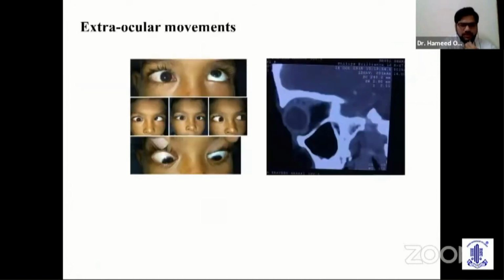Extraocular movements, very, very important. So, for example, in this case, you can see there's cysticercosis of the superior rectus LPS complex leading to limitation of elevation. Extraocular movement will be restricted even in case of thyroid eye disease or any mechanical obstruction to the movement of the eyeball by an enlarging mass, or direct compression of the cranial nerves can also cause extraocular movement restriction.